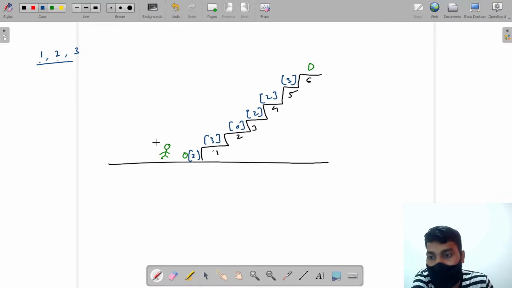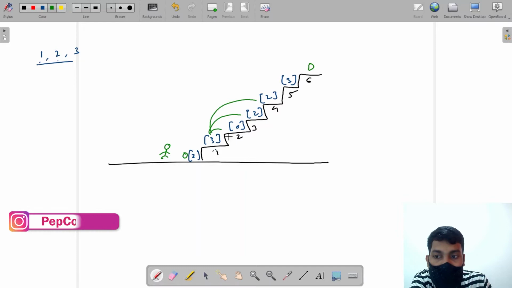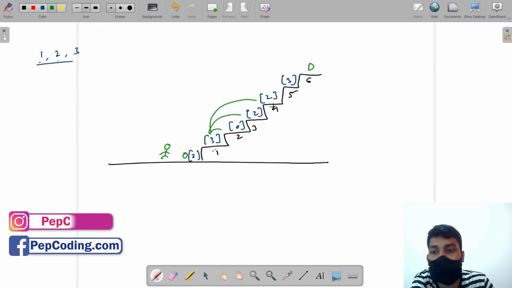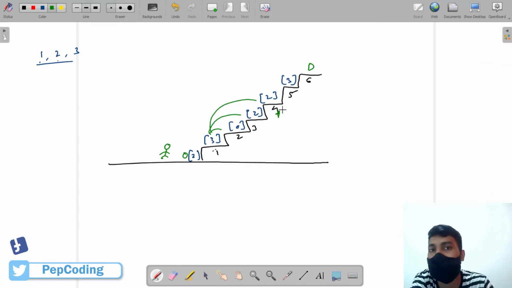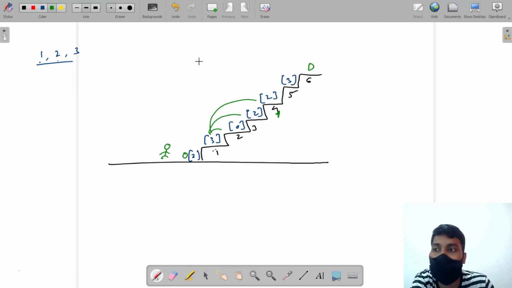Right now, these numbers represent that at every stair we have our own individual jumps. What I'm trying to say is that if I am at, let's say, the first stair, then from here I can take at most 3 jumps. That is, I can take 1 jump, 2 jumps, or 3 jumps. Now this number of jumps is different from stair 4. From stair 4, how many jumps can we take? We can take either 1 jump or 2 jumps, right? So this number represents the number of jumps we can take from that stair.